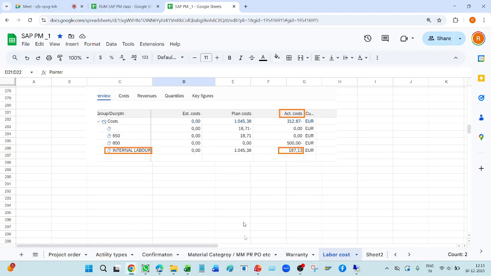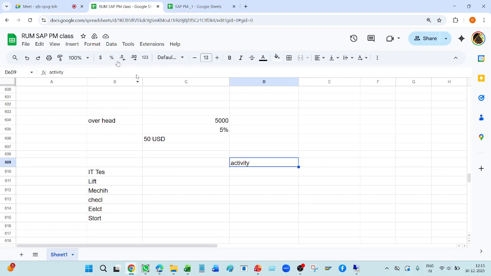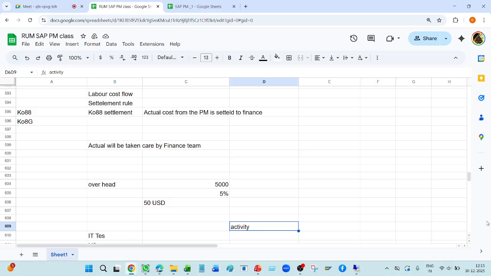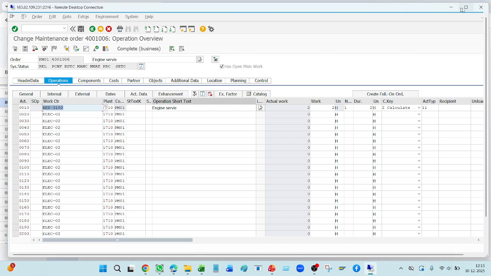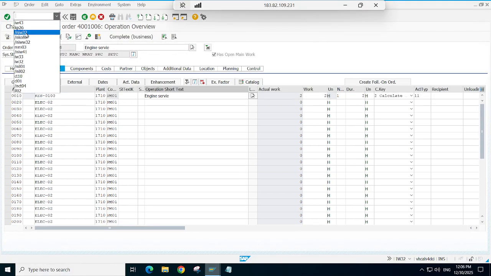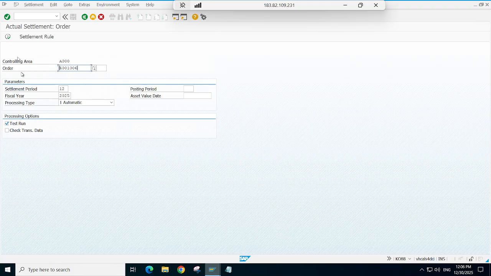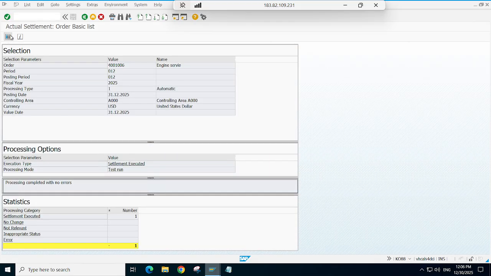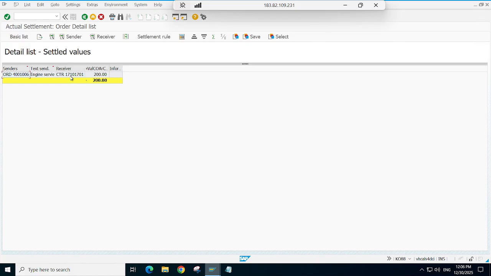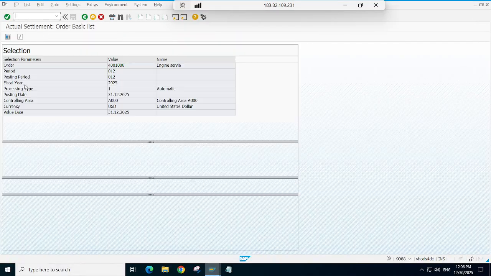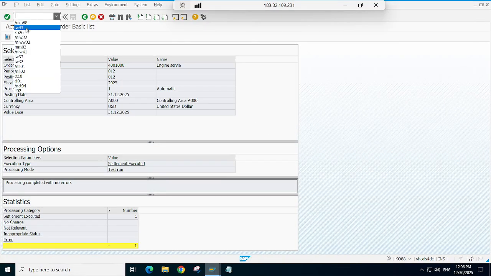Okay. Coming to the settlement, we had seen KOW. The settlement is happening in KOW. Okay. So there is settlement rule. When you are doing KOW, the receiver is picked from the work order by settlement rule. Go to IW32,